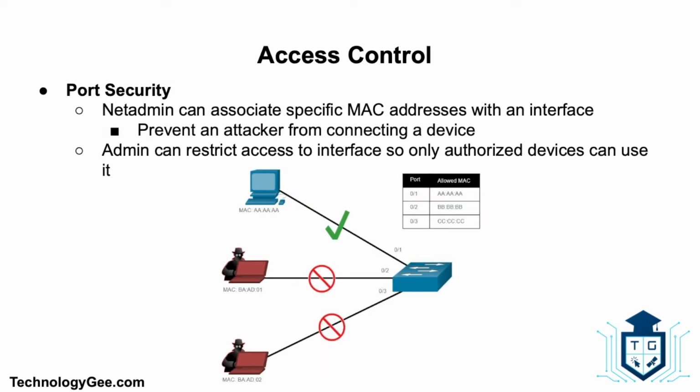Port security. So by default, all interfaces on a switch are turned on. That means that an attacker could connect to a network through a wall socket and potentially threaten the network. If you know which devices will be connected to which ports, a network admin can implement port security. By using port security, a network admin can associate specific MAC addresses with the interface, which can prevent an attacker from connecting his device. This way, an admin can restrict access to an interface so that only the authorized devices